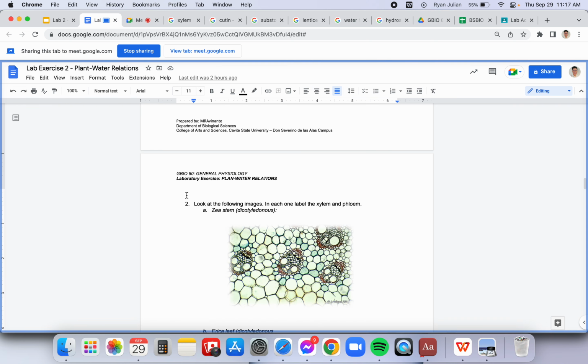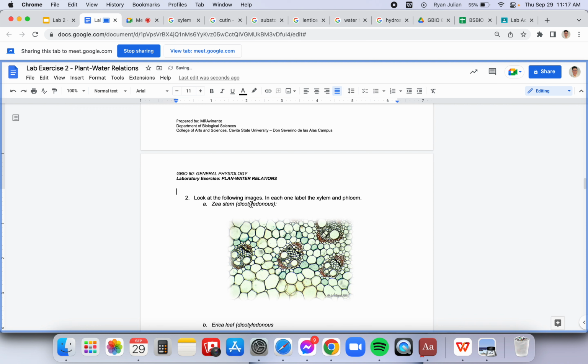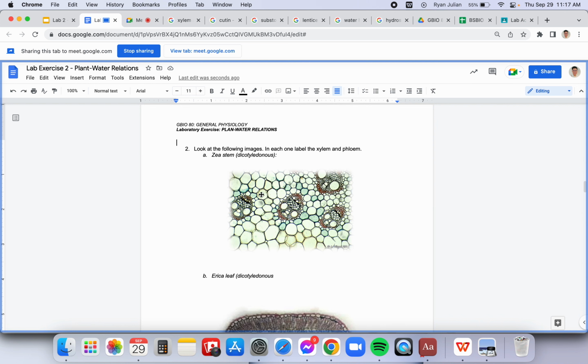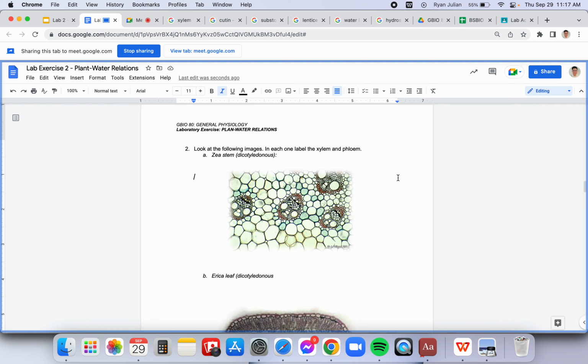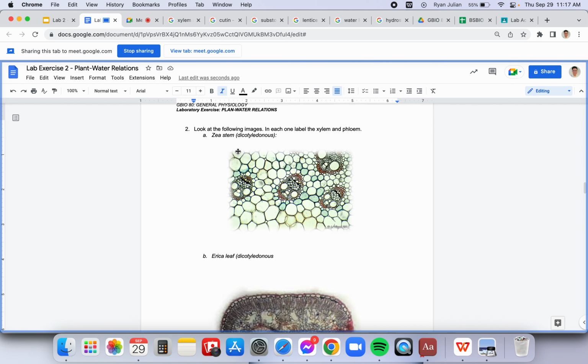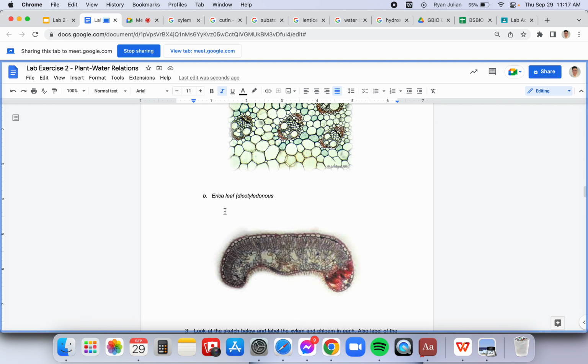Second one is look at the following images. In each one, label the xylem and phloem by showing arrows. I've taught you that before in our pre-recorded video. Just make a drawing if you are using Google Docs, draw an arrow, and indicate where the xylem and phloem are. This species is the Zea stem. For this one, the Erica leaf,